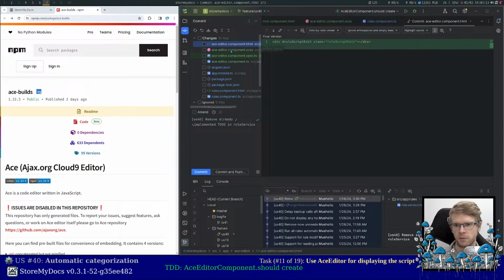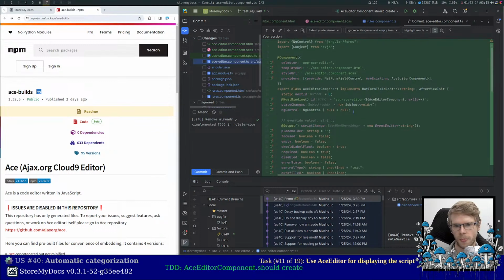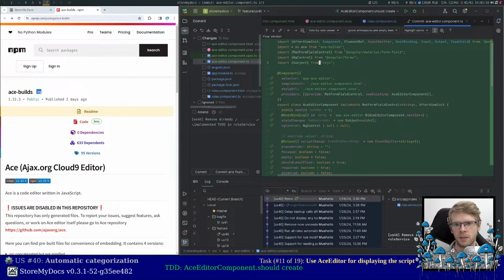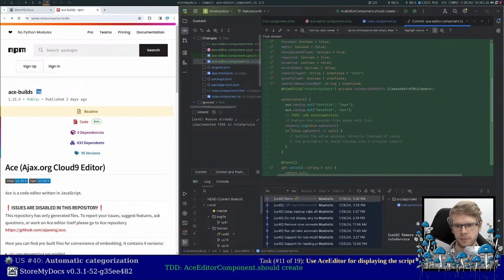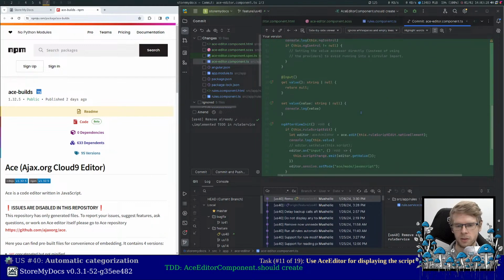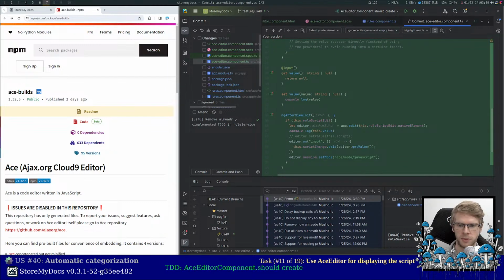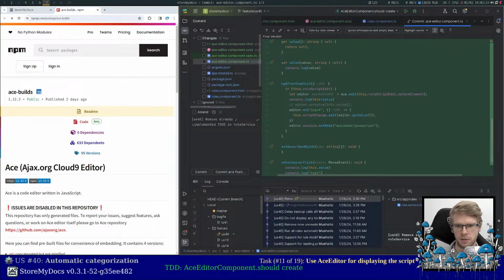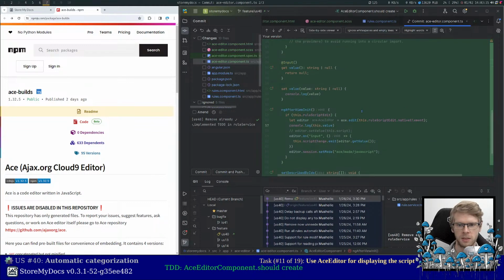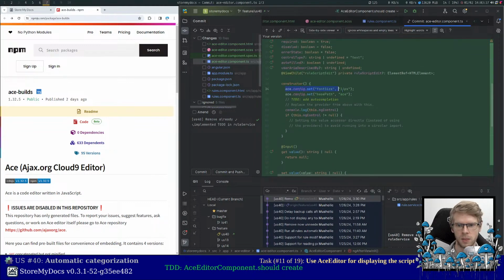Then I can import my AceEditor by doing this import here. Yeah, some of this is in progress, but basically I'm setting